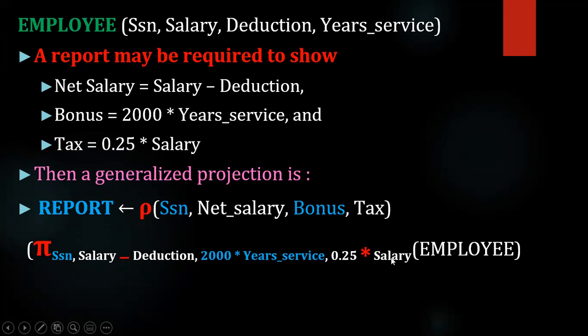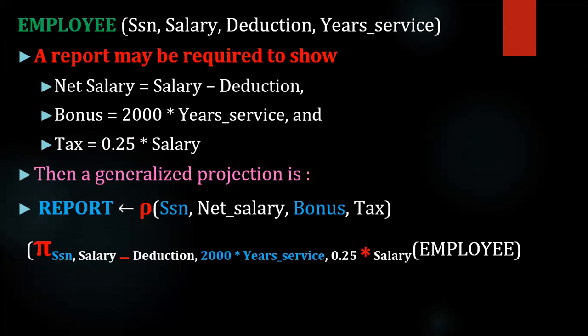From employee, instead of selecting salary directly, what we have done is 0.25 into salary, 2000 times years of service, salary minus deduction. So like this, we have modified the columns using mathematical expressions, and that will be the result. So these are the additional types of relational algebra operations which are useful during the creation of